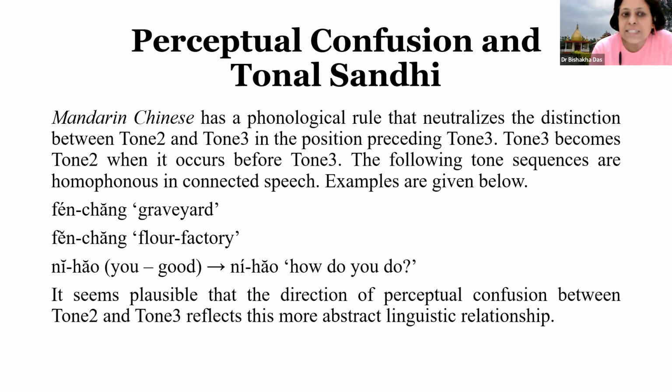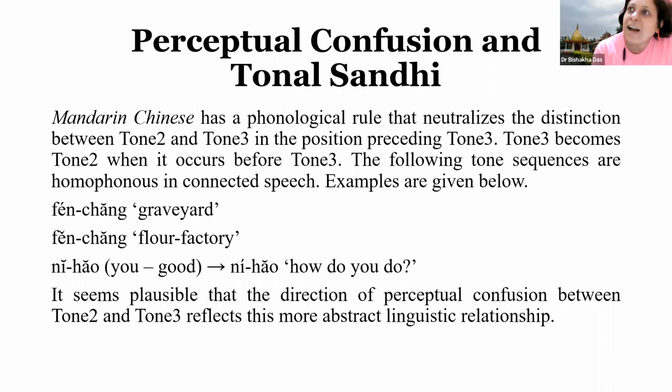Now, when it is this phrase, ni hao is hello, or how do you do? So when we meet each other, we might say, ni hao. So what happens? Both tone threes are not possible. The low dipping, the falling and rising, this tone 3 is not possible. Hence, the first syllable with tone 3 will change to tone 2. Hence, this will become ni hao instead of ni hao. It will be ni hao,